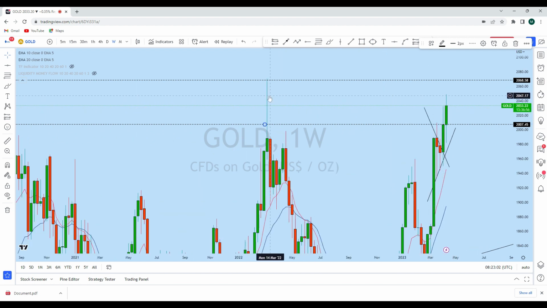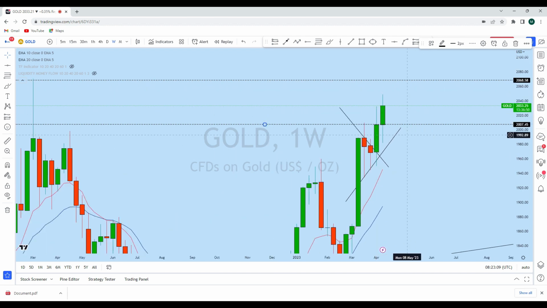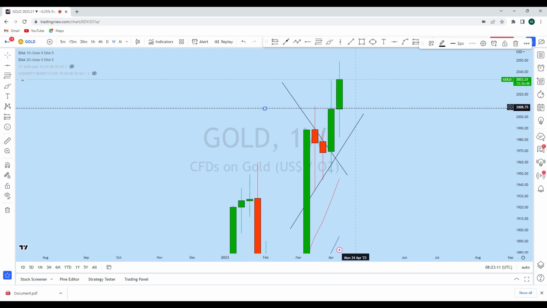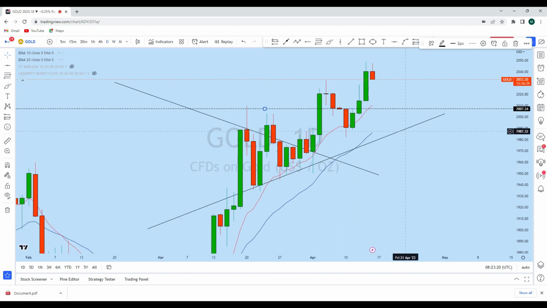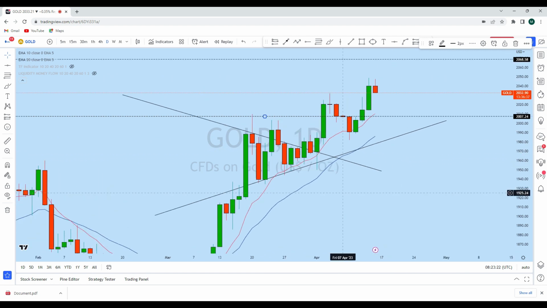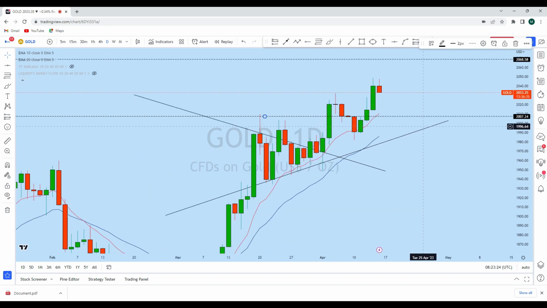As I mentioned, this price was last visited a year ago, and there are a lot of sellers in that zone, and we could see some pressure coming to the downside. With that pressure, what I think is that gold might again be testing this weekly support zone before creating any move to the upside. Now if we look at the daily, we can see that gold has formed a typical bullish market